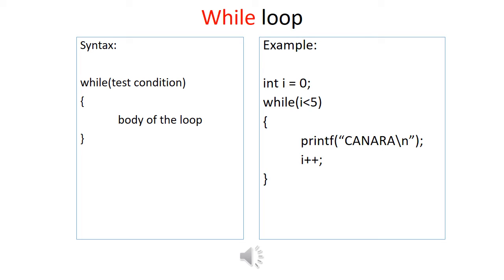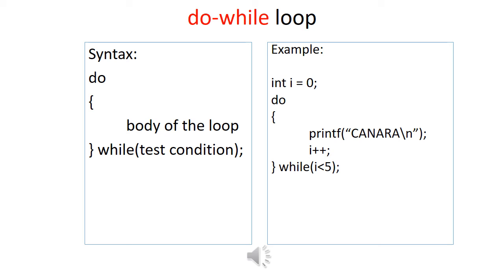Now I becomes 2. So again the control will go back to the while, and now this time the condition is 2 is less than 5. So it is true. So again printf Canada will be executed and Canada will be displayed in the output. Now this continues until I becomes 5. Once I becomes 5, the condition becomes 5 is less than 5, which is not true. So the control will come out of the loop. This is a simple example for while loop. We'll see further programs on this in the coming slides.